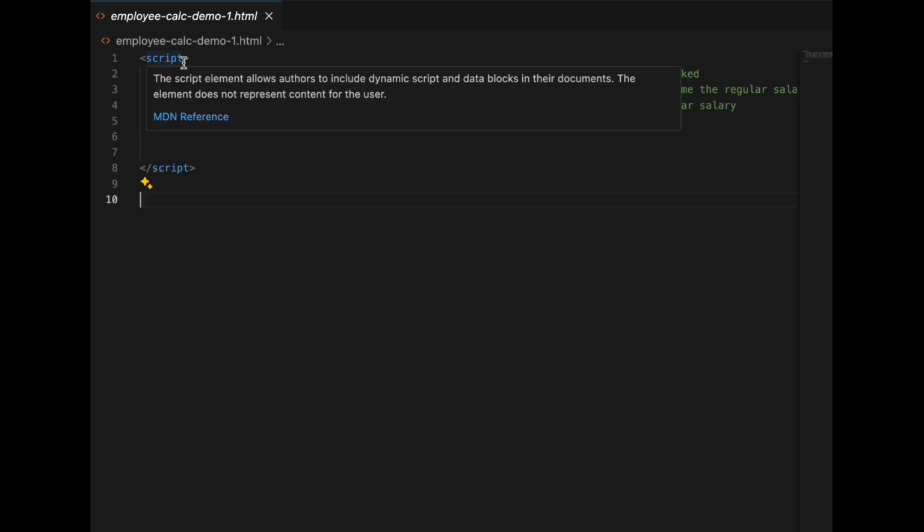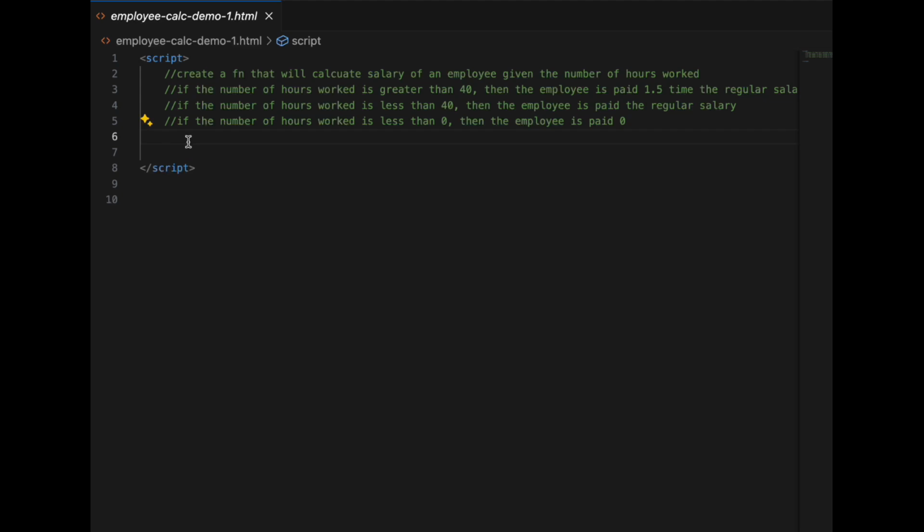Let's see one very simple example to understand the flow of GitHub Copilot. Basically, I want to demo how GitHub Copilot gives you auto suggestions in the editor. So this is my VS Code. I have created a simple HTML file, and I have added a few comments here, like create a function that will calculate the salary of an employee given the number of hours worked, and if the hours worked are greater than 40, the employee is paid 1.5 times the regular salary. So there are some conditions. Now what I do is I just click enter,